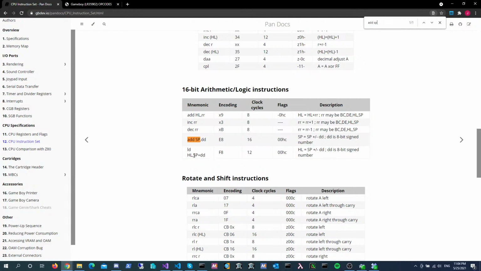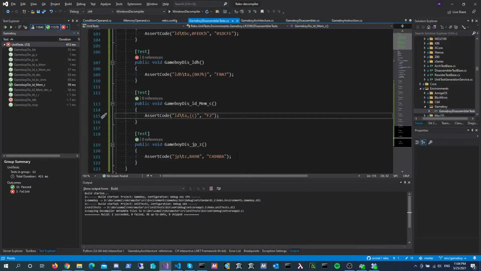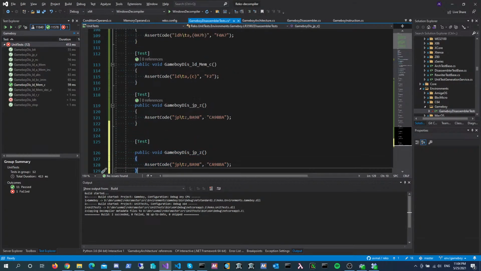Also, this addressing mode needs to be implemented. It also is using a signed offset. So we'll need to implement 2 unit tests for E8 and some signed offset, and then F8 and some signed offset. So let's go ahead and do that. We'll use this as a scaffolding. So this will be the add SP signed byte,